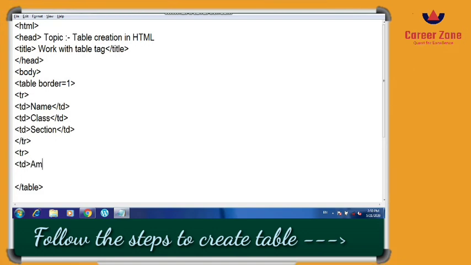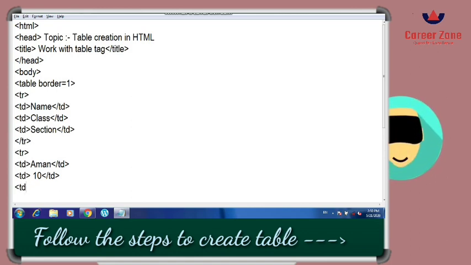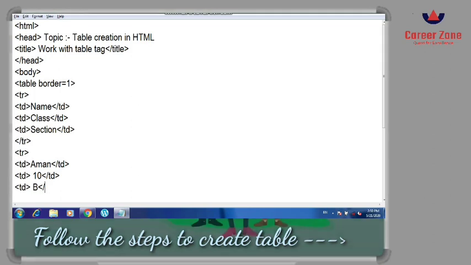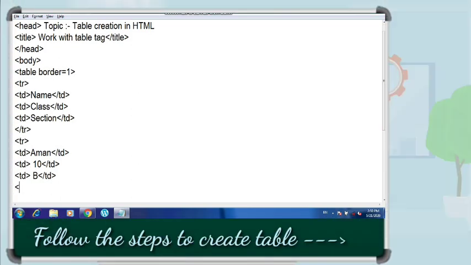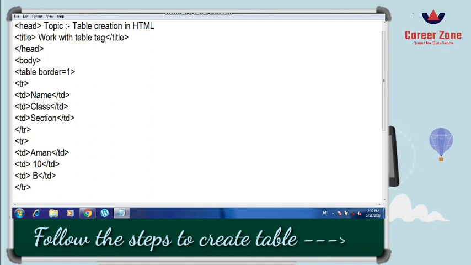Suppose I have written Aman, and then I close the td tag. In the next table data, I have to write the class. Suppose I write 10, then close the td tag, and in the third one I will write the section. Suppose I write B and then close the td tag, and then close this tr. The second row is created successfully.